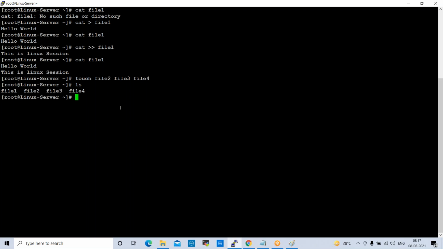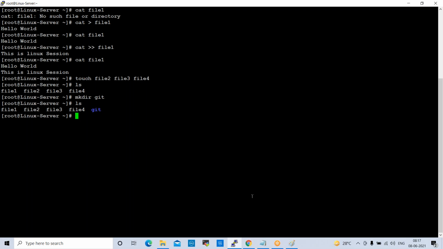Okay. Now, next command here is to create directories. What is the command to create a directory? mkdir. Mkdir is the command, make directory. Mkdir and directory name. So I want to give git as the directory. Okay, git. So now if you check ls here, list files and directories, you can get all the files and directories. Now we have 4 files and 1 directory, right?